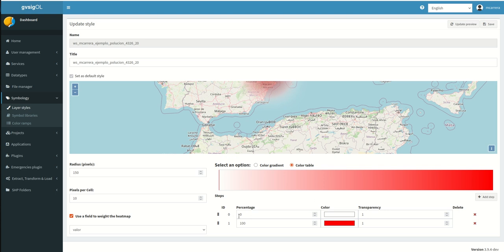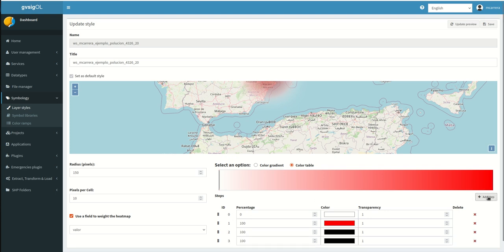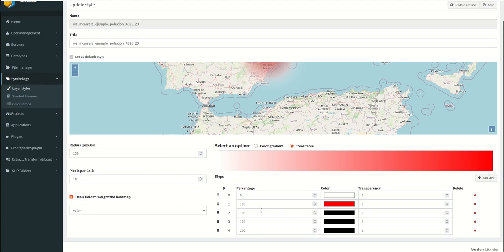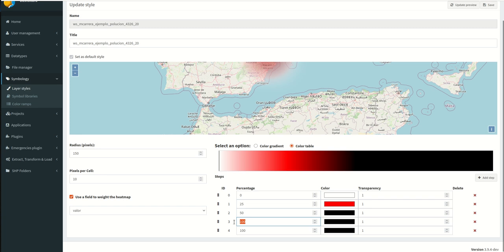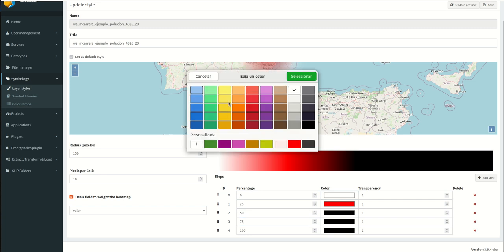So I'm going to add different values, for 5 different values, and the percentages, for example 25, 50, 75 and 100. And the colors, for example, the yellow one,